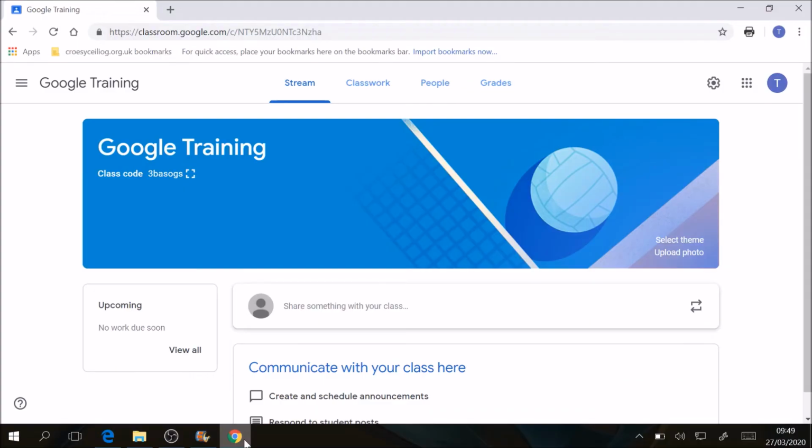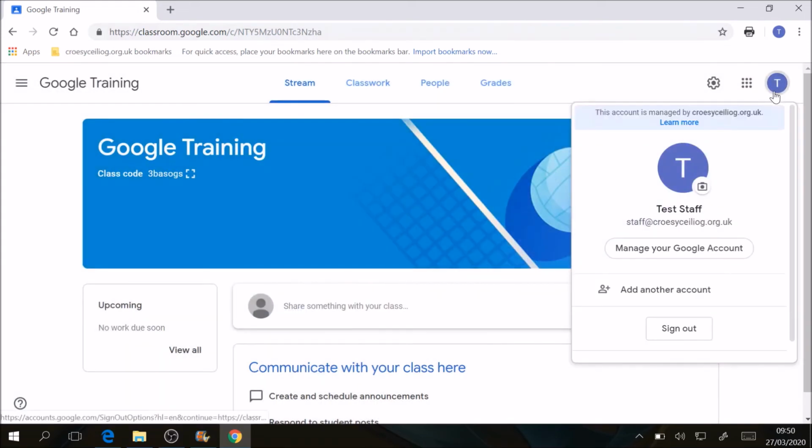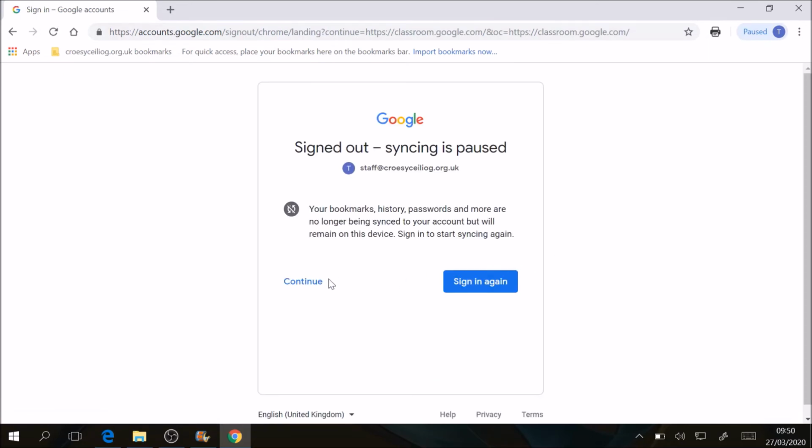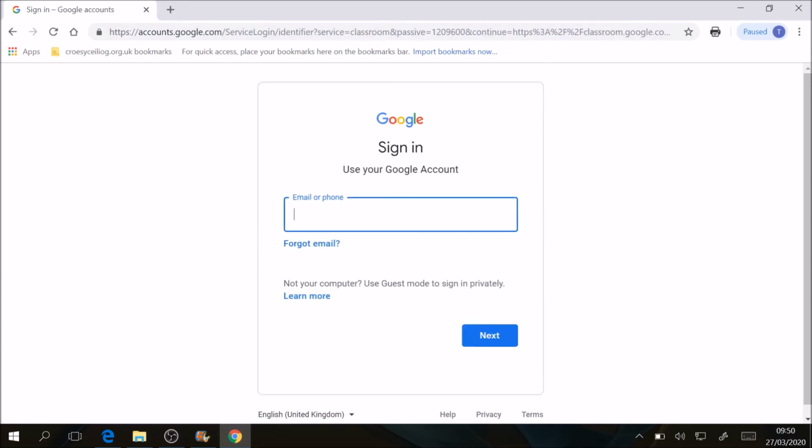Right, what I thought I'd do, as an add-on for the end of the first video, is show you what happens when the student joins the class, so that might make it easier to understand what's going on from the student's point of view. So I'm going to need this code here, which I'm then going to put in once I log in as a student, and then I'll show that it'll actually join the class and what happens then. So if I just sign out here as the staff member, and use another account and sign in as a student, this time I've called it student